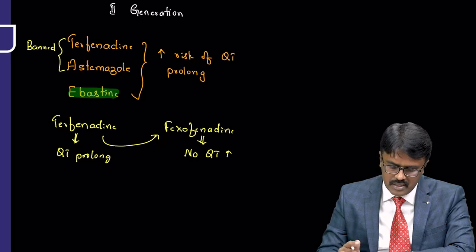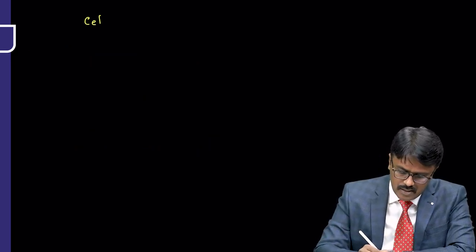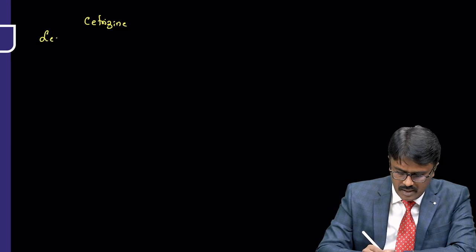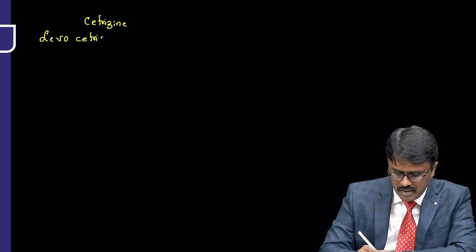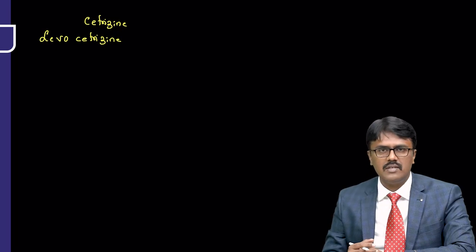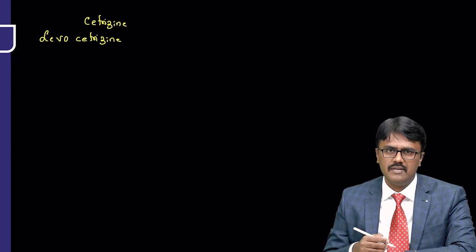The other second generation antihistamine is cetirizine. So we have cetirizine and levocetirizine. What is the basic difference between cetirizine and levocetirizine? Any drug is a chemical, and any drug will have 2 isomers, levo and dextroisomer. So levocetirizine is the levoisomer of cetirizine. The advantage of using a levoisomer is a lesser dose. Suppose you use cetirizine 10 milligram, you can use levocetirizine 5 milligram. That is the only advantage.